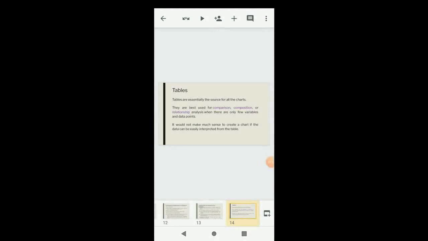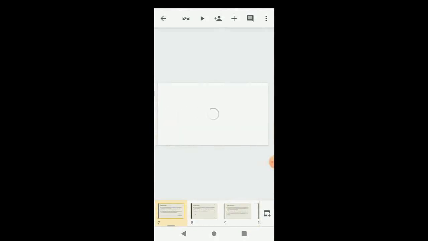So presentation gets started. Here you have to just tap once and the thing will present, and the next slide will come. But here if you may notice that the animation is not working. So just by one tap we can change the slide. So let us come back to the previous position, come to the first slide.